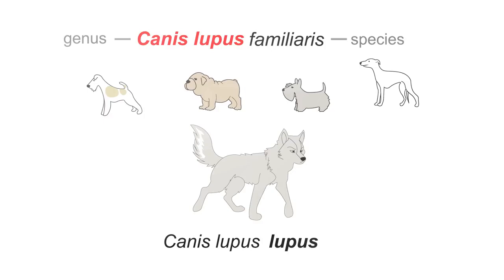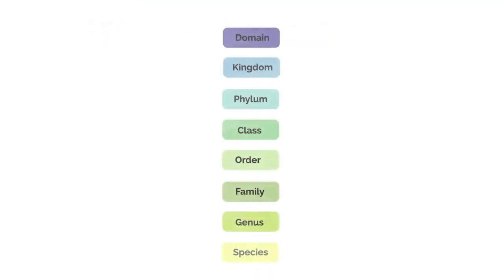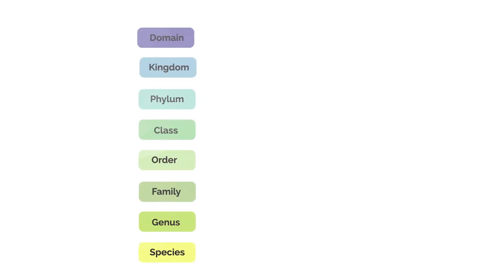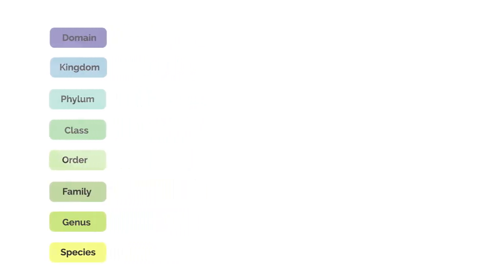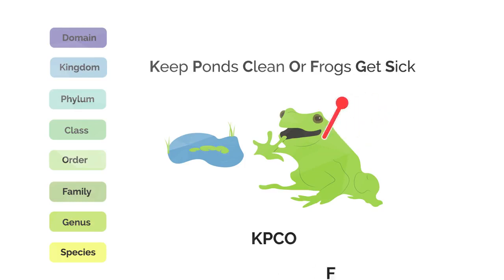By using this system, we can classify organisms according to their shared evolutionary history. Linnaeus also created higher and more inclusive taxonomic categories that encompass an increasingly broader range of organisms. The structure of Linnaeus's taxonomic groups can be seen here. You can make up a little rhyme or acronym to remember this, such as keep ponds clean or frogs get sick. By using this system of common groupings, we can develop diagrams that show the interrelatedness of organisms based on